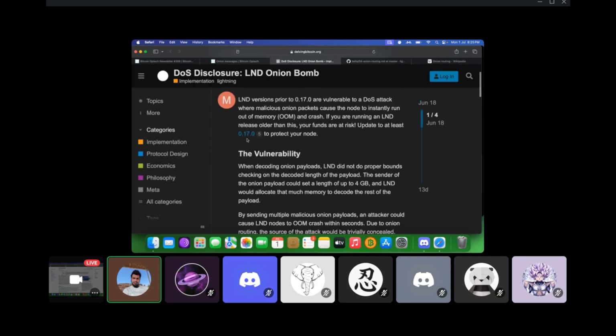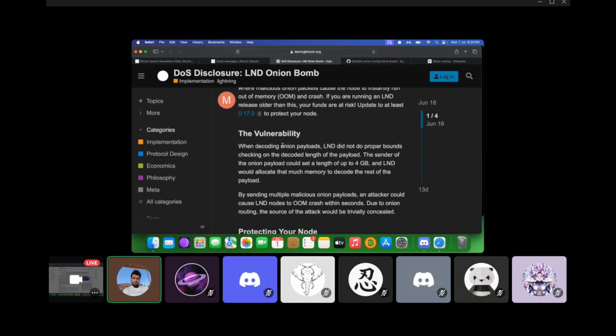Now, what the vulnerability is, just now I discussed it. For instance, when you are declaring an integer in a computer program, you say int a, which gives a hint to your compiler that you want to use a variable by the name of a, and the compiler needs to allocate memory adequate enough to store an integer. Here also the same thing happens. When you're sharing a payload with any participant in the Lightning Network, you need to indicate how much memory their node should allocate to parse and store the information in that payload.